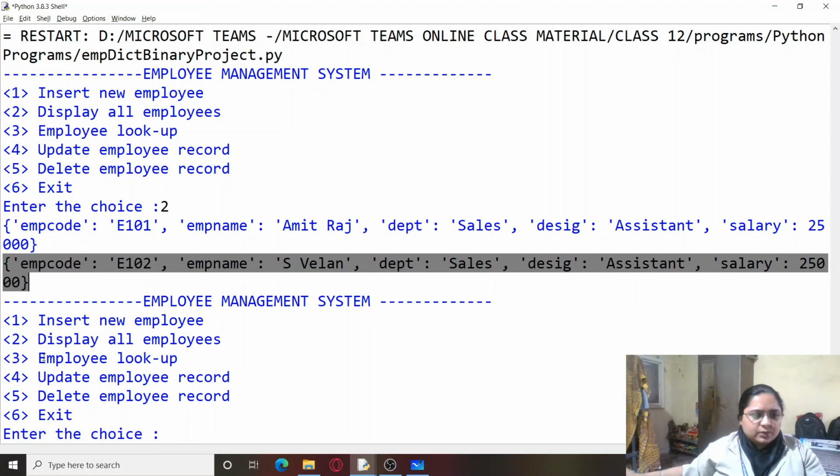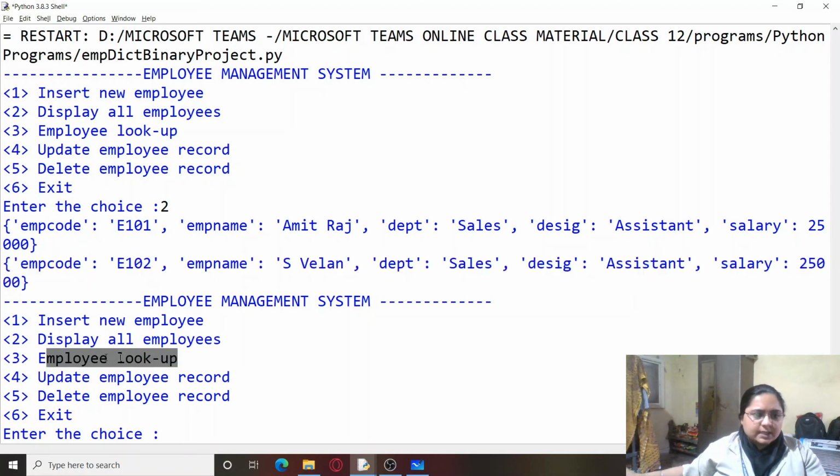So we would be doing one more task, that is employee lookup. That we would be doing in the next lecture. So I hope students you have understood how to perform simple read operation and write operation using dictionary objects for binary files. So next we will be seeing searching, update and